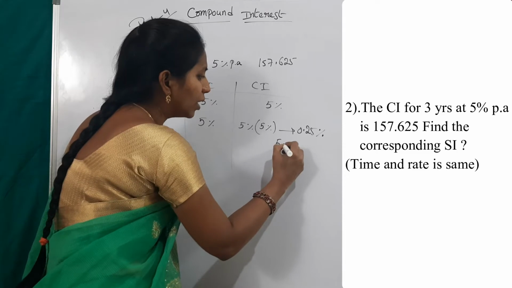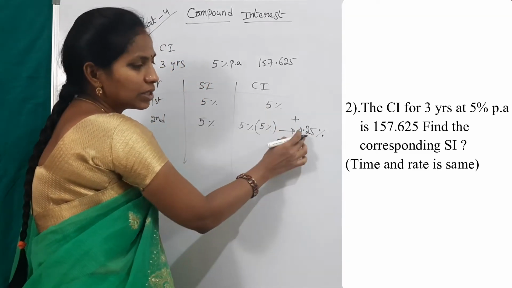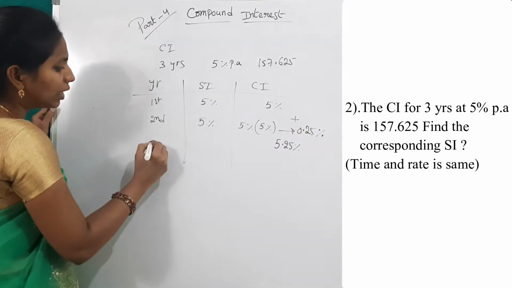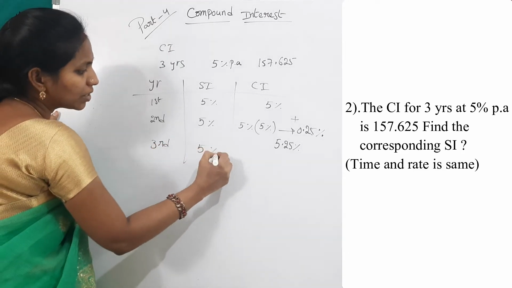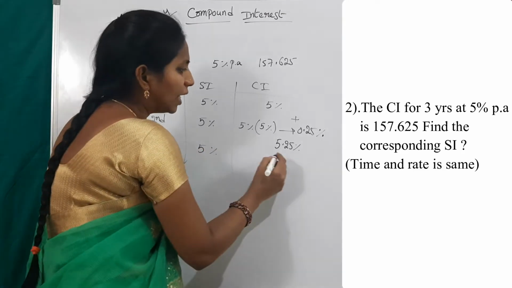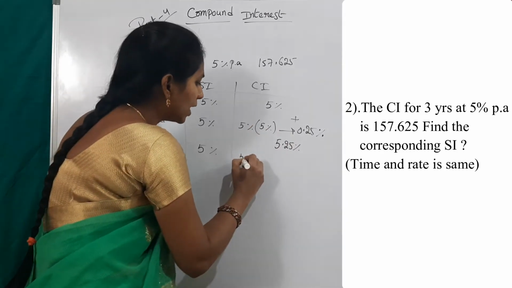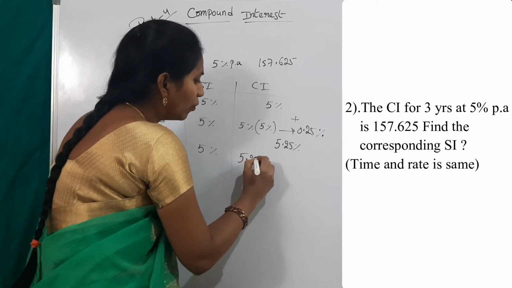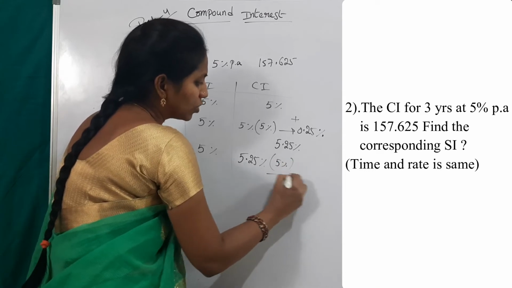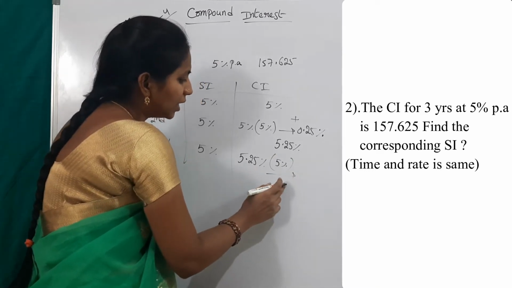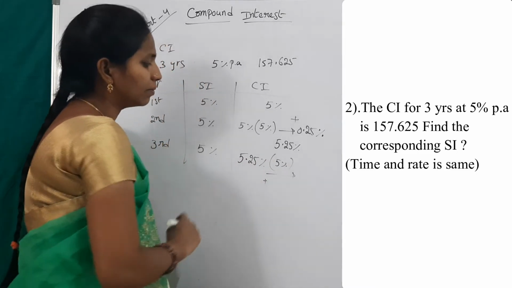Then we get second year compound interest rate of interest. So 5.25%. 5 plus 0.25%. Now third year for 3 years. So calculate for third year. Again simple interest is 5%. But here calculate 5% on second year rate of interest. What is second year rate of interest? 5.25%. 5.25% into 5%. Add resultant value to this 5.25%. What is the result?